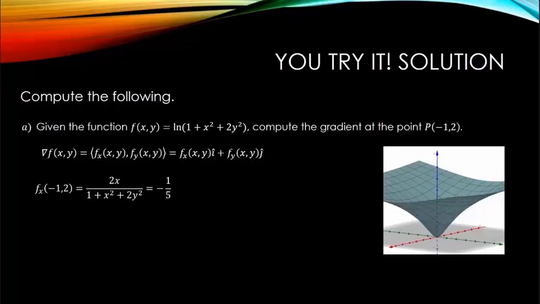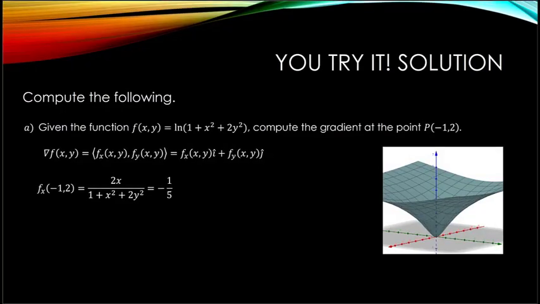My partial derivative of f with respect to x, fx of -1, 2, is given by plugging -1 and 2 in for x and y respectively to the derivative 2x over the quantity 1 plus x squared plus 2y squared. I do that and my fx becomes -1/5. f sub y at -1, 2 is given by 4y over the quantity 1 plus x squared plus 2y squared, and that gives me 8/10,